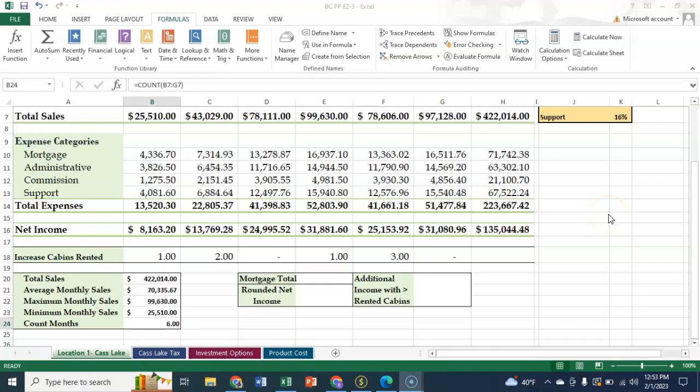Okay, moving on to Pause and Practice 2-3, which starts on page 109. I opened my Pause and Practice 2-2 and did a Save As to make it Pause and Practice 2-3. And in this project, we're going to be adding some more functions: math and trigonometry, financial, logical, lookup, and date